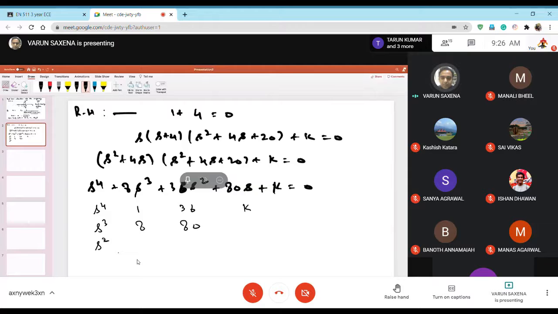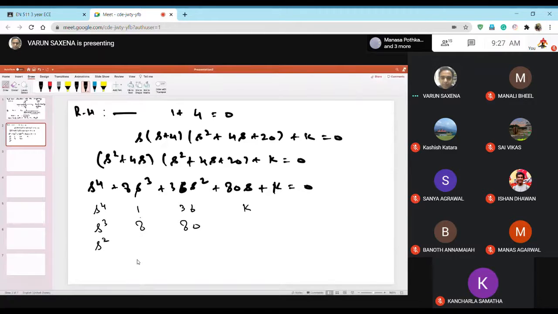So there is this one thing over here. You see 8 and 80 here. So what we can do is that we can take a common factor out, and we can call this as 1 and 10, because they're just going to be common. So this is one thing that you must know.